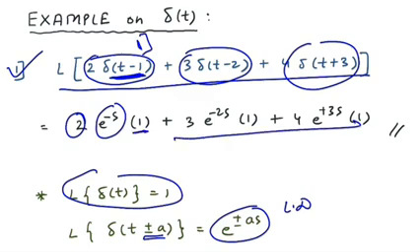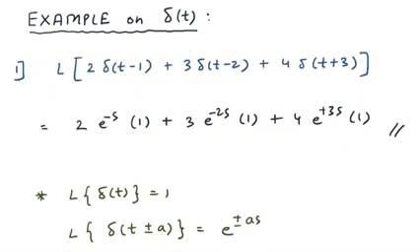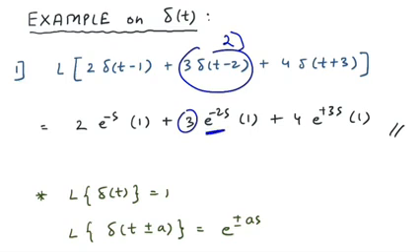Do it for the rest part, the answer would be this. Just showing you the second part also, so that there is no confusion. Again, if you take Laplace of this part, 3 is constant, take it outside. Laplace of delta of t minus 2. So first fix the bracket, it would be e raised to minus 2s. Then Laplace of delta of t, which is 1. So I hope you got the solution.